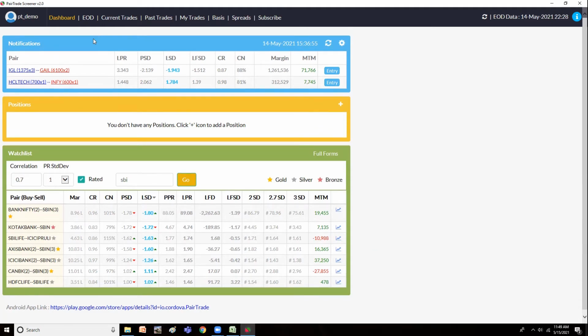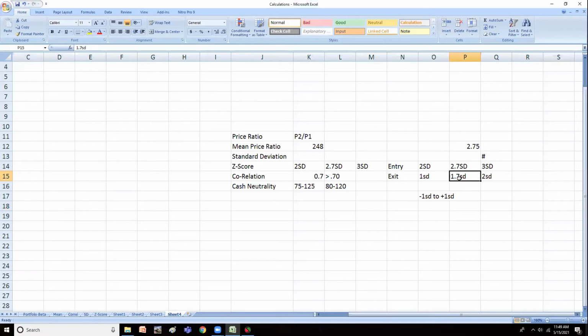Now coming to the notification section. The notification section displays any pair which is crossing a significant level. So the significant levels are 1 SD, 1.7 SD, 2 SD, then 2.7 and 3 SD. So these 5 levels are significant levels. Here 2 SD is already taken, so that 2 SD is also displayed here. So in fact, this is also important. If any price is coming below this, then this would be treated as an entry. If anything is coming below this, then it will be treated as exit. Those are the exit levels, right?